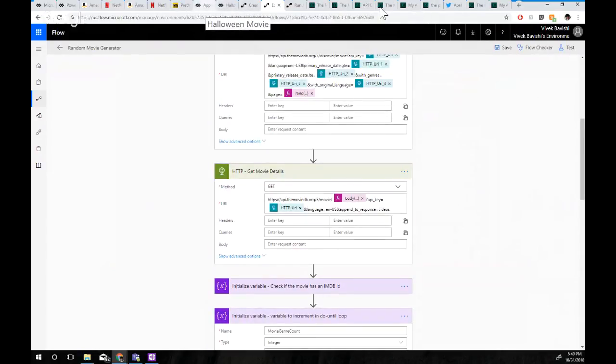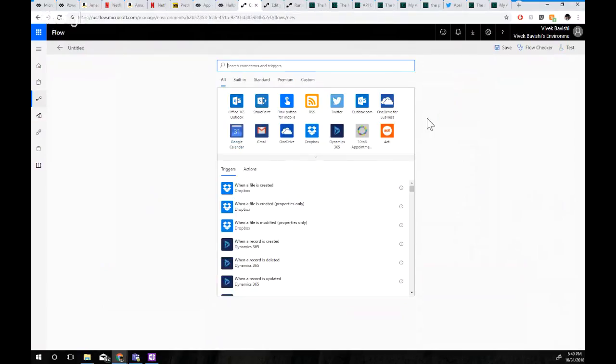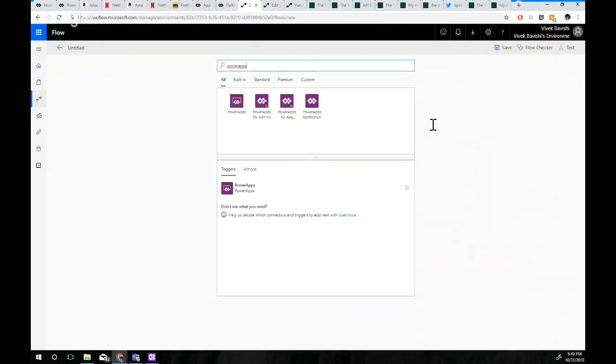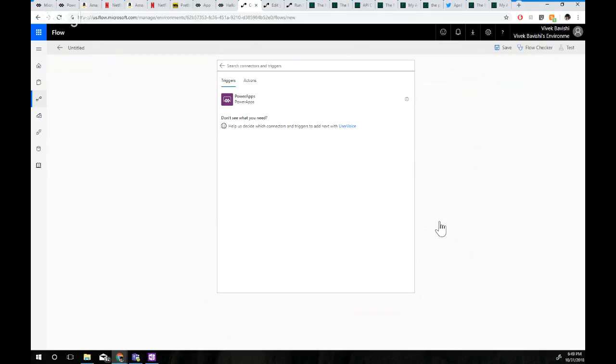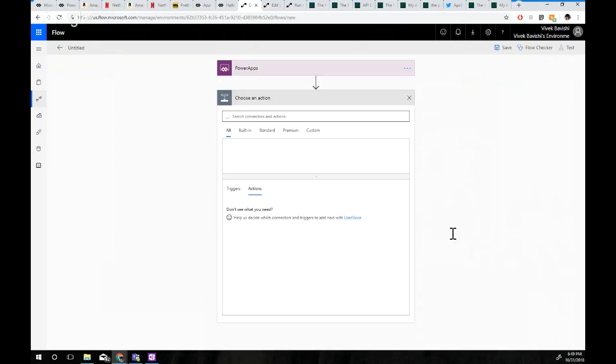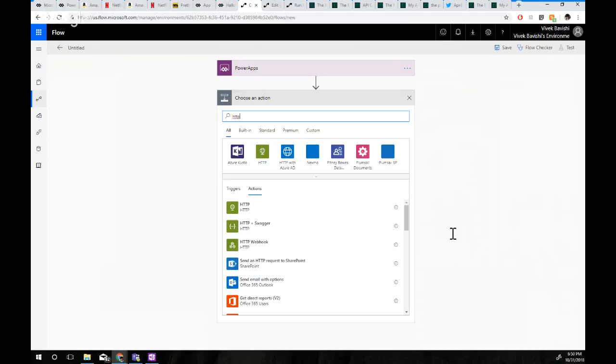So let's start with creating a flow. Meanwhile, if you have any questions, please post it on the chat on YouTube, and I'll make sure that I can answer that. So we'll use PowerApps as a trigger, and then we'll pass the HTTP. We need the HTTP request action. So we'll use that